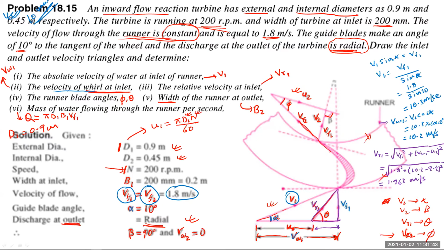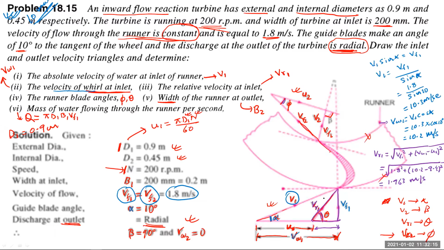See how simple this is. So you can understand from here how easy it is to score 10 marks. It will go to you as bonus marks. Only thing, remember this triangle is common. This velocity triangle we are using from your unit number 2. You just need to write down the given data properly and draw this triangle and you will get full marks. Now, the next one is your runner blade angle, which means theta you have to find out, and phi you have to find out.